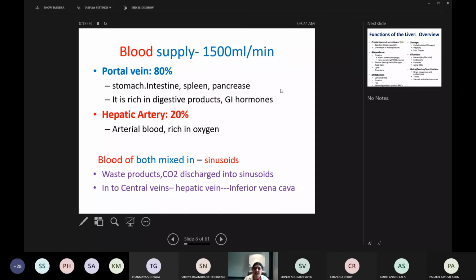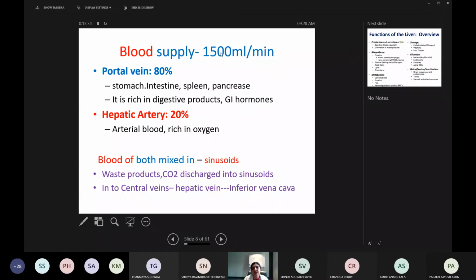It is the largest organ in the body, with almost 1 to 1.5 kg weight in an adult, and receiving the third highest blood supply. Again, it is 1500 ml per minute. So it's 1500 ml, not per hour, it is per minute. Because its main function is to detoxify, do conjugation